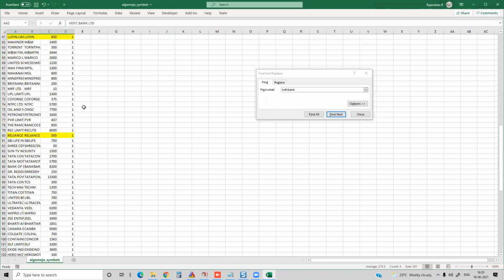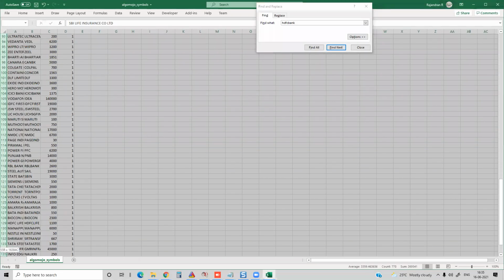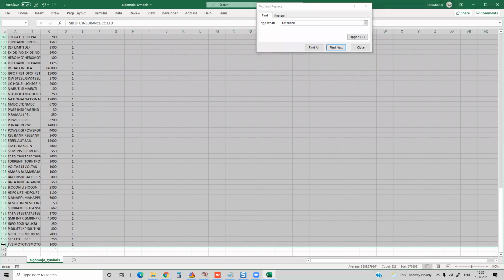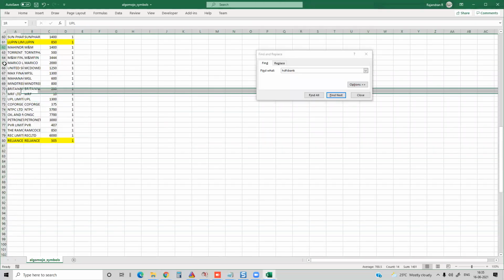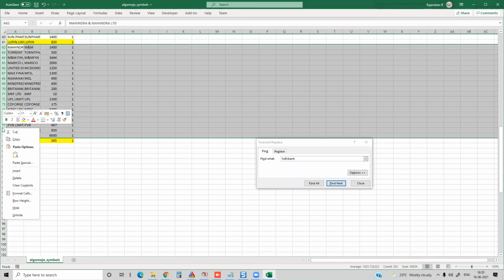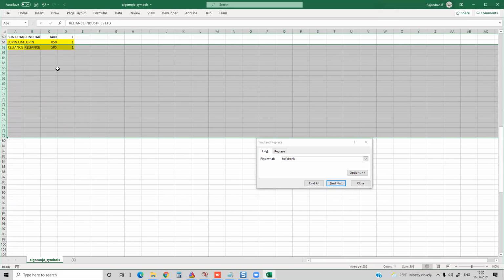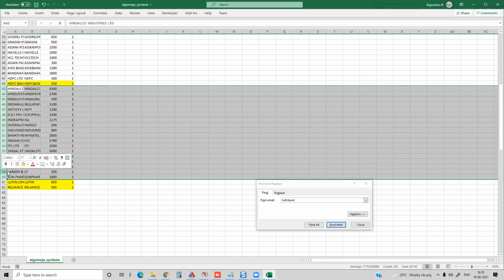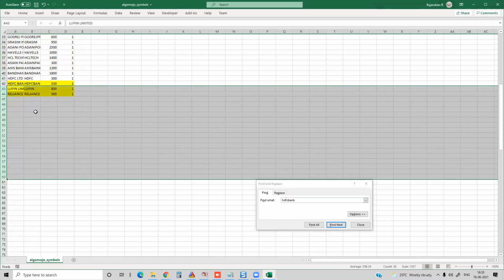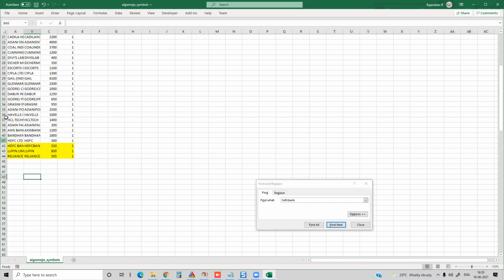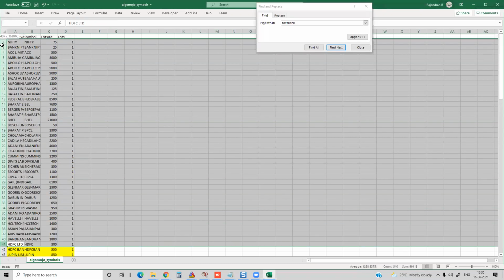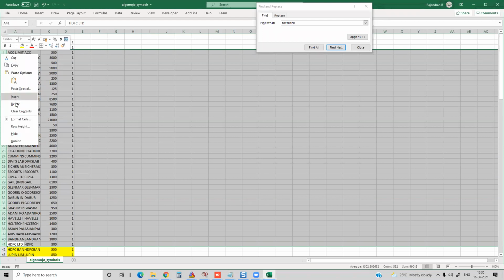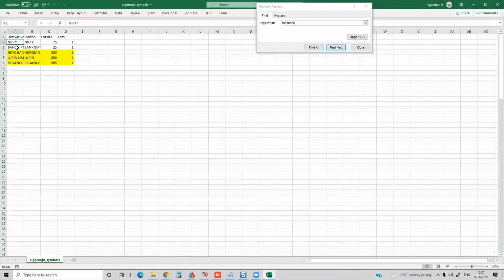So what I am going to do here is I'm going to delete all the other symbols. You don't need them at all. If you're keeping them, it doesn't matter. But if you are reducing them, your coding efficiency will increase, because this file is going to be read again and again. This file, we're going to use it for defining the quantity and the lot size. So I'm having Nifty, Bank Nifty, HDFC Bank, Lupin, Reliance.